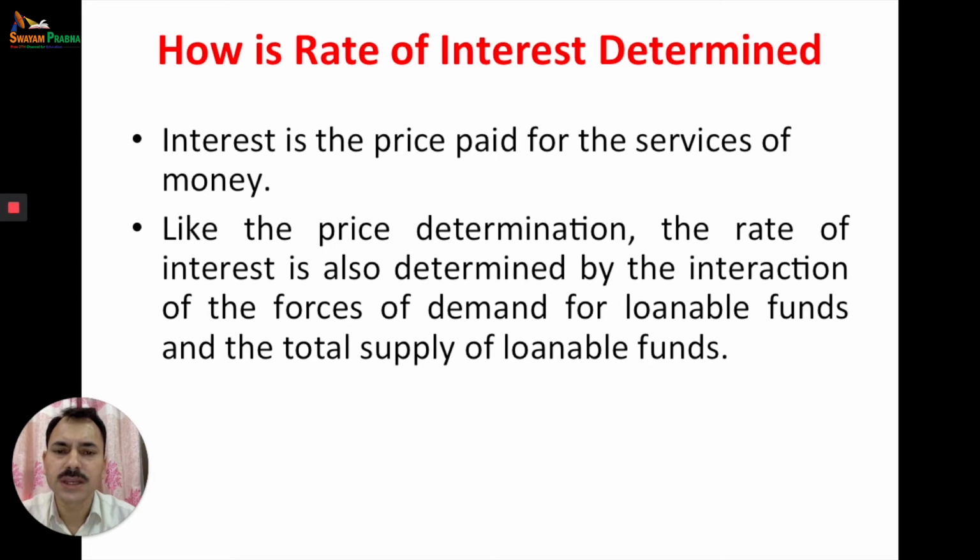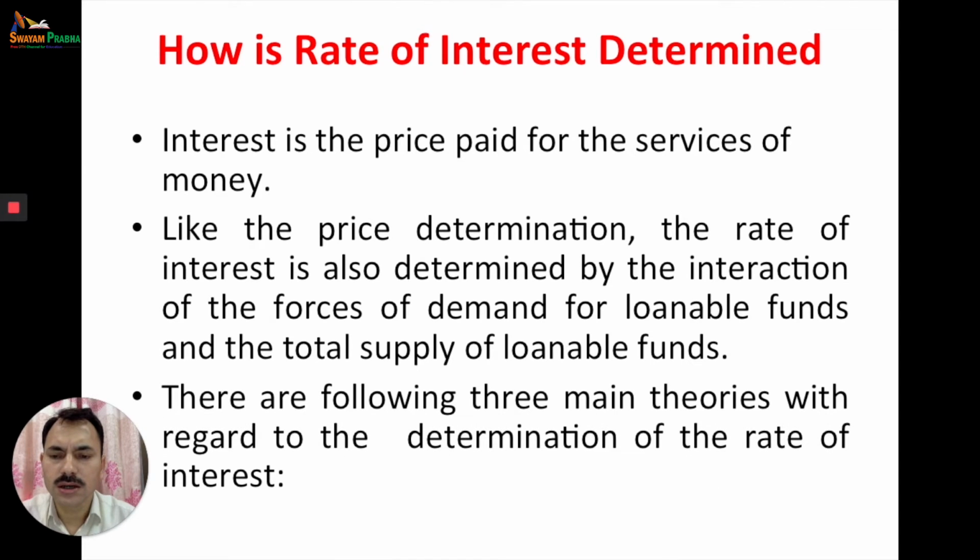Like the price of a commodity, the market mechanism plays an important role. Market mechanism means the demand and supply forces of the market decide the prices. The point where demand for and the supply of the commodity meet, that point is the equilibrium point, or the determination of the price of the commodity. And in the same way, the point where demand for loanable funds is equal to the supply of loanable funds may be the point of determination of the rate of interest, but this is given by New Classical.